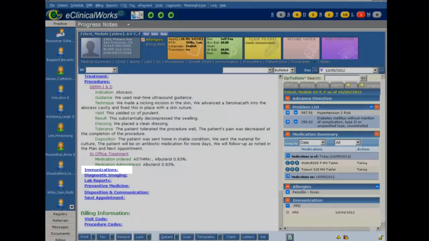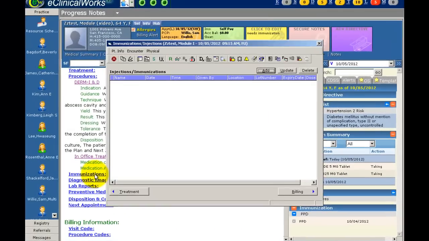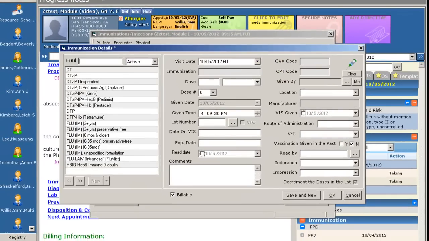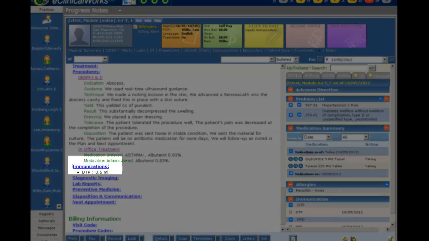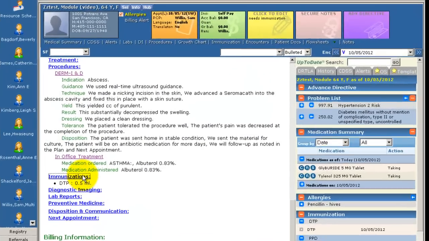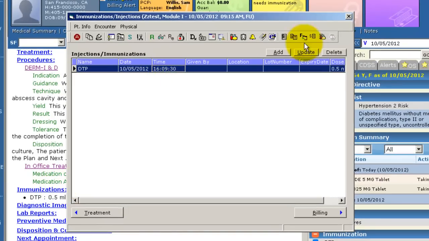Immunizations can be ordered from the progress note. Click on Immunizations, click on Add. Then the provider can choose from the left column the immunization to be given. When clinic staff sees that an immunization is to be given, they can click on Immunizations, highlight the immunization, click